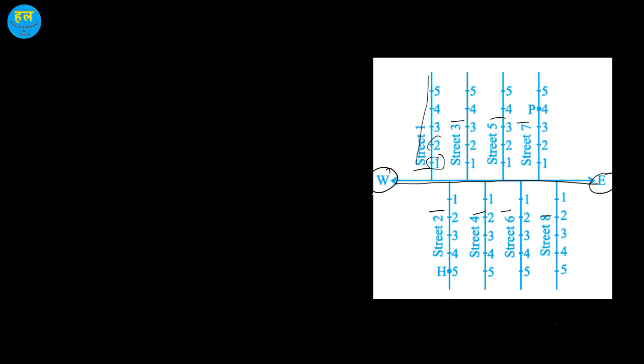House number 1, house number 2 on street 1, house number 3, house number 4, house number 5 on street 1. Similarly, there are other houses in different streets, 1 2 3 4 5, 1 2 3 4 5. Okay, now what we have to do here is we have to locate this house. If someone tells us to locate a house on street number 7, and the house is 4,